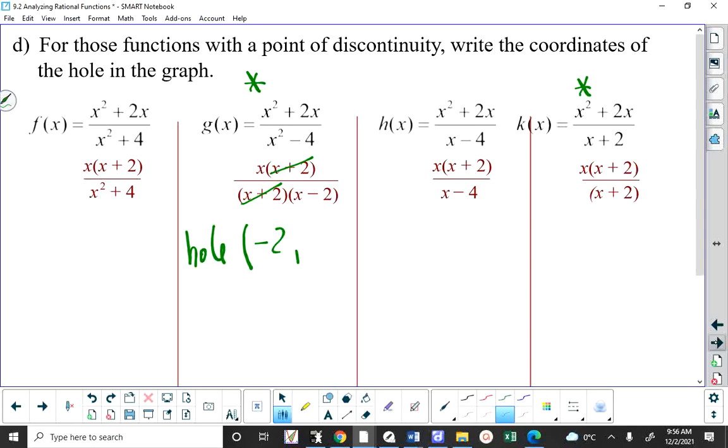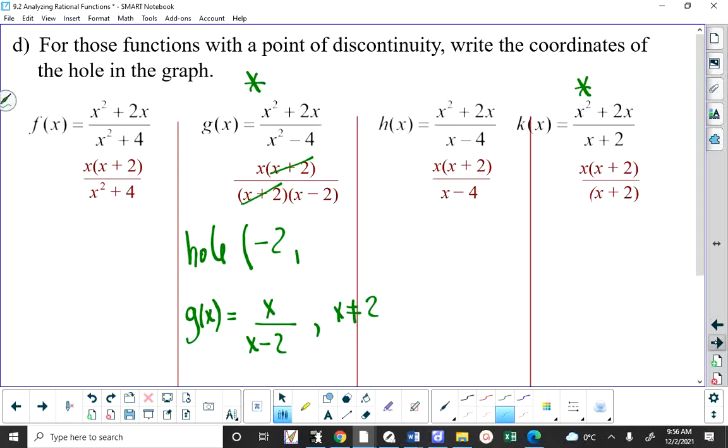How do we find the y coordinate of that point that doesn't exist? We put the x coordinate that we're not allowed to have into whatever survived the canceling to get the y coordinate. So g of x simplifies to x over x minus 2, where x is not allowed to be 2, but